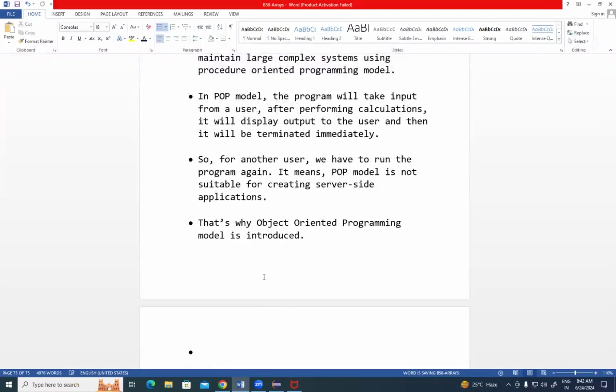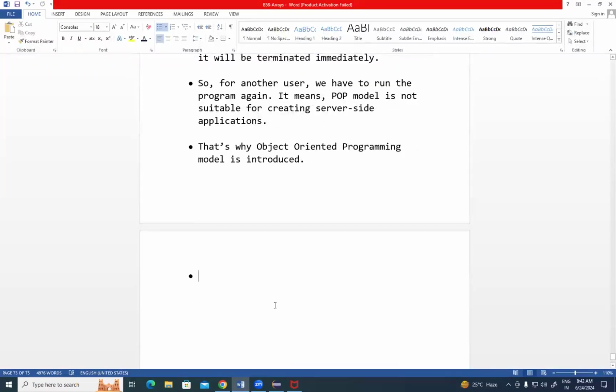Okay, I will talk more on this next, but at least I want to give you something like this. With the object-oriented programming model, with the OOP model or paradigm. Model means paradigm. Paradigm is a terminology; model is a general word that we can understand. That's why I'm using model. With the OOP model, we can build well-structured